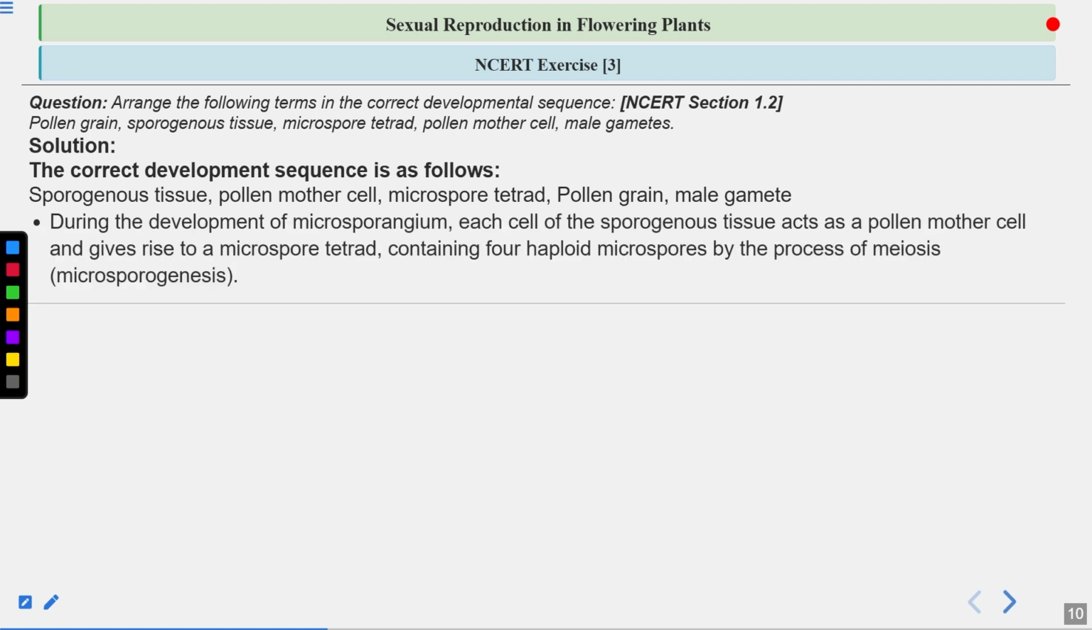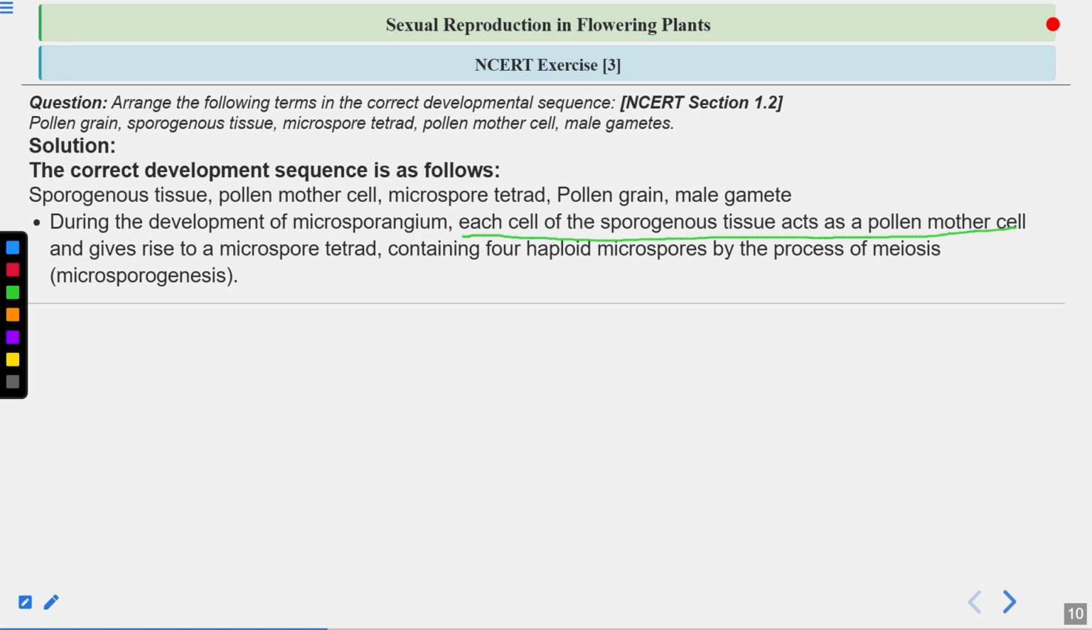So during the development of the microsporangium, each cell of the sporogenous tissue acts as a pollen mother cell. Very important line. Each cell of the sporogenous tissue acts as a pollen mother cell, right? But what about the nucellus? In the case of nucellus, only one cell becomes differentiated as a